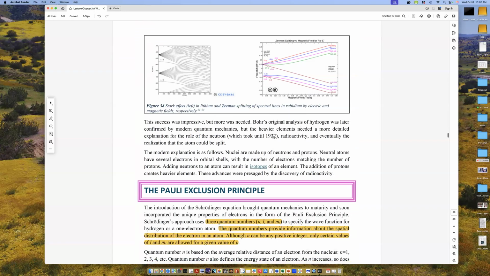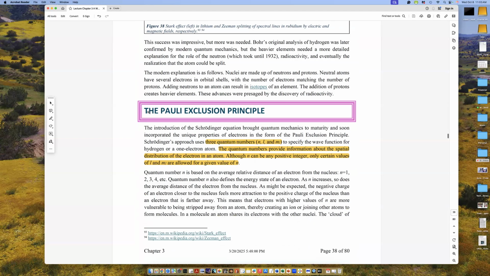And the building of the periodic table and the explanation for these behaviors comes from this, the Pauli exclusion principle. Wolfgang Pauli was one of the kids who emerged in the 1920s and made tremendous contributions to the science of quantum mechanics. And what Pauli said is, when electrons in an atom are in the same state, one of them has to change its state. They can't be in the same state.